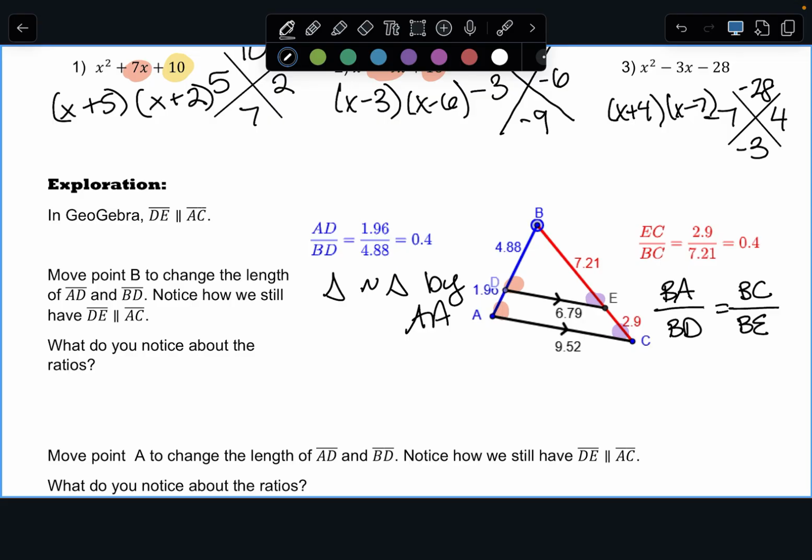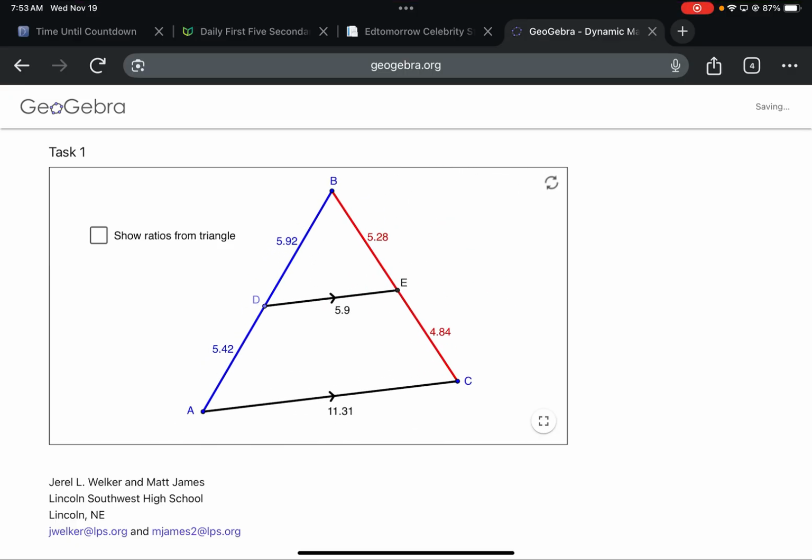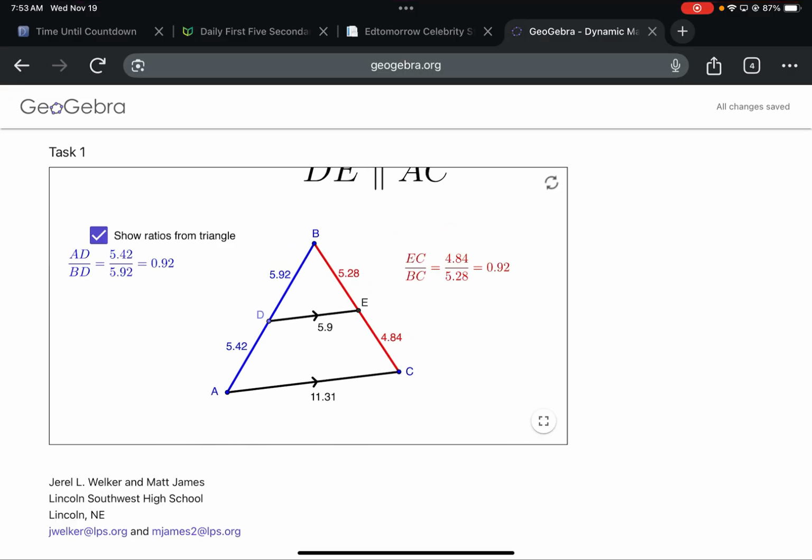The theorem that we're going to talk about today takes it one step further. Instead of looking at the sides of the triangle, it actually looks at each piece. So we're going to write a theorem about BD and DA instead of BA and BD. Okay, so if we look here, again, those lines are parallel. If I just look at these ratios that I'm talking about, part over part, AD over BD, and part over part, BC over BE,